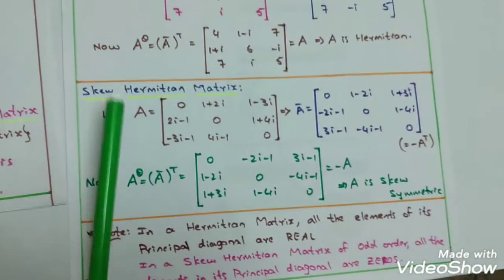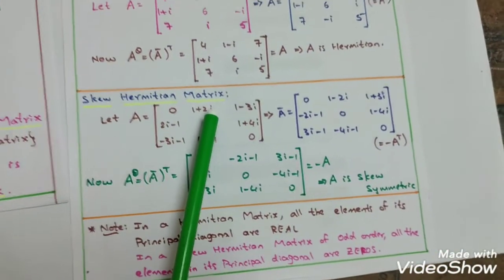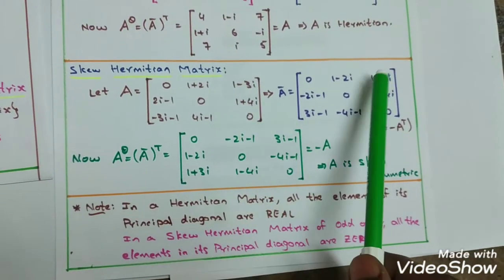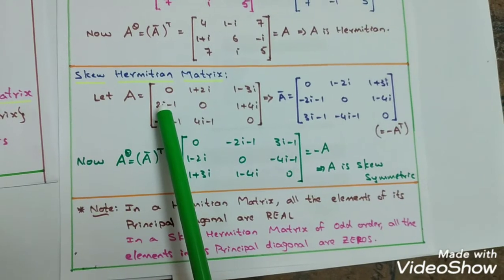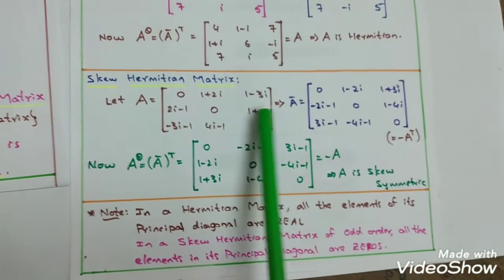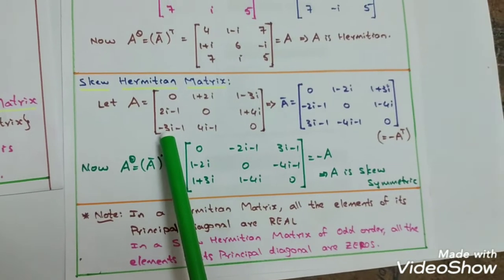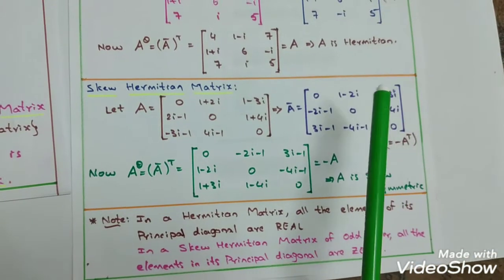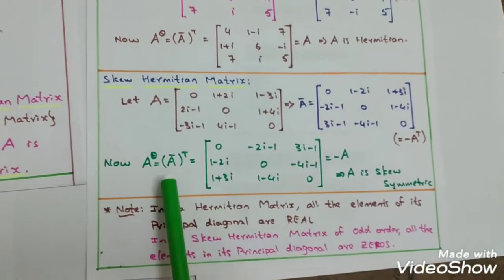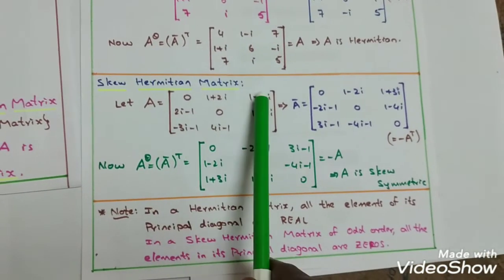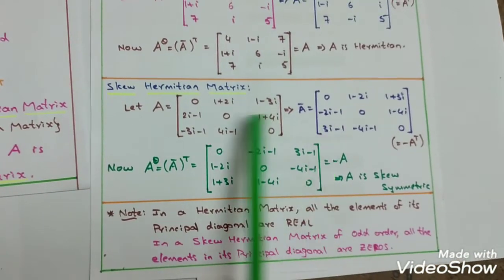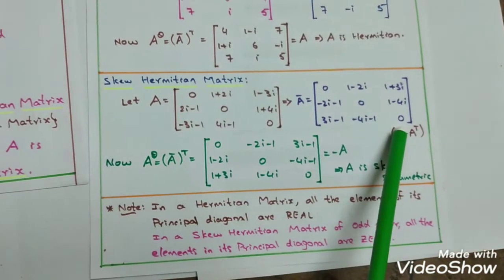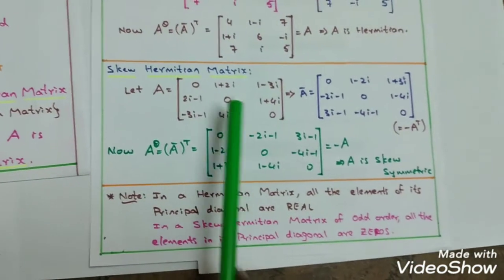Now see the definition of skew Hermitian. See here, same as in the Hermitian example, you have conjugated here. 1 plus 2i means 1 minus 2i, 1 minus 3i, 1 plus 3i, 2i minus 1 means you have to change the sign in front of i, so minus 2i minus 1, 1 plus 4i means 1 minus 4i, here minus 3i is there, so you should take plus 3i, 4i minus 1 means minus 4i minus 1. Now this is clearly the negative of the transpose of this particular matrix. See here, first row, first column in opposite signs, second row, second column in opposite signs, third row, third column in opposite signs, or simply you can transpose this, you will get the negative of this matrix.